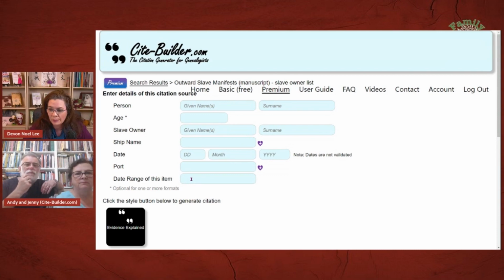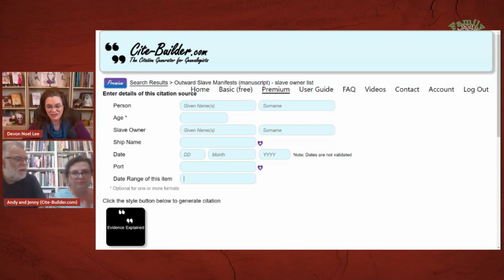So this comes, you just put it in there, or if the collection has it in there? If it's, what are we talking here, a manifest, a manuscript, and it's just one document for one ship, you would just put the year of that. So let's say 1825. Okay. But if it was in a book, as I say, that was several, then you'd go